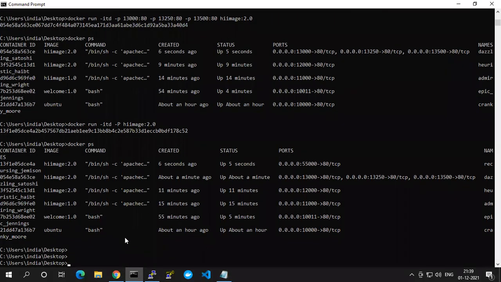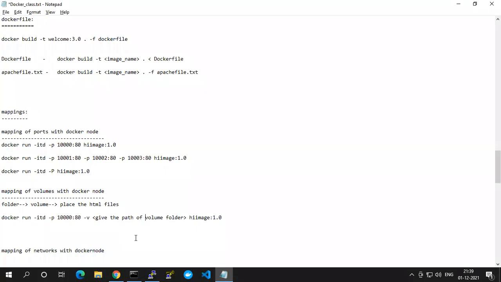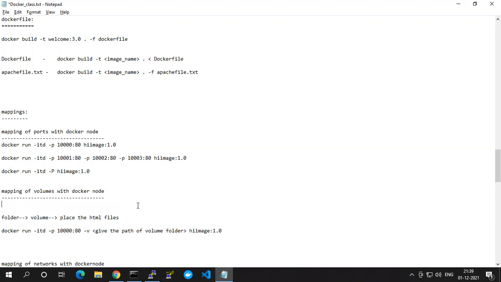So here, for that, the command is docker build. First I want to build the image, right? So here first I need to build the image. After building the image only, you need to do all these things. For this I'm creating a special